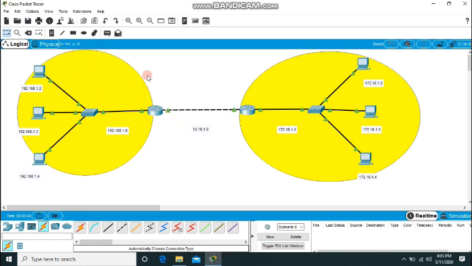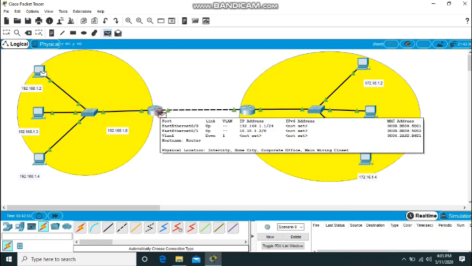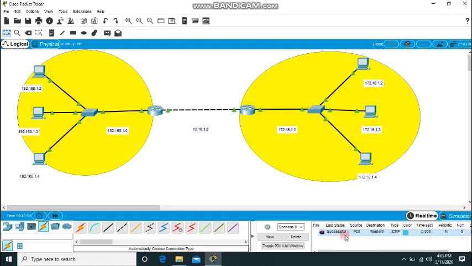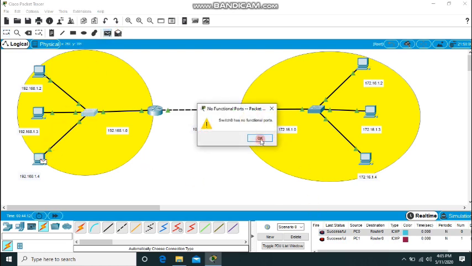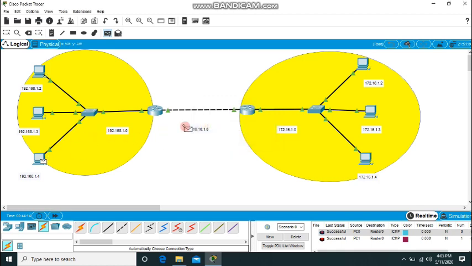I will select a simple PDU from here, and I will ping from 192.168.1.2 to this particular router. You can see it is successfully communicating. Let's see from the other PC to the router, it is also done, and the third PC to the router, it is also done.